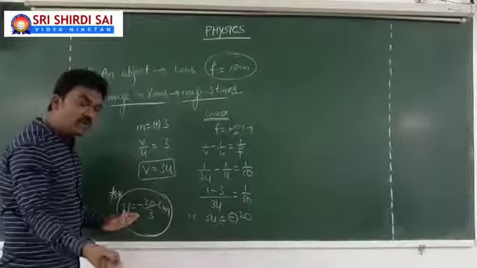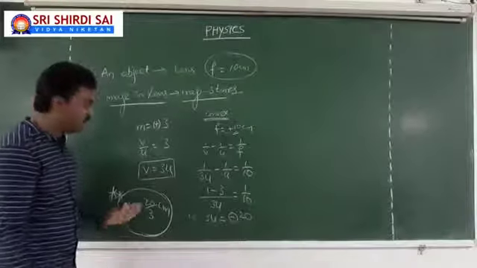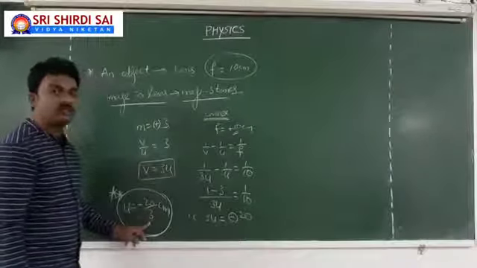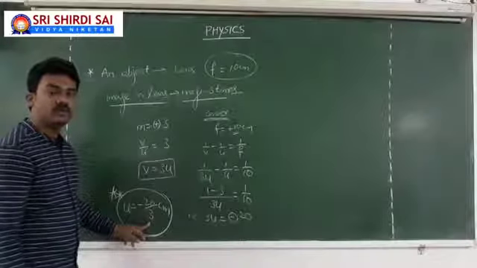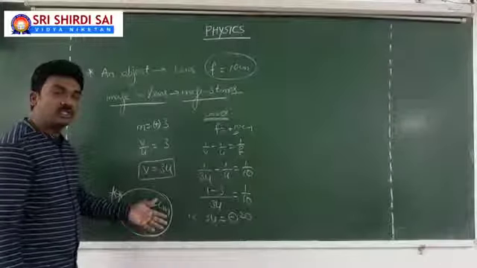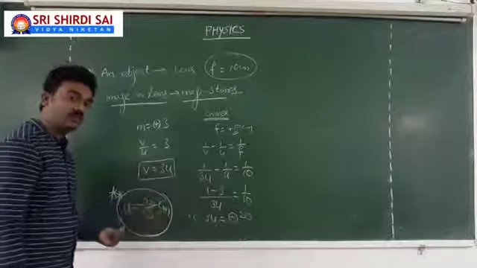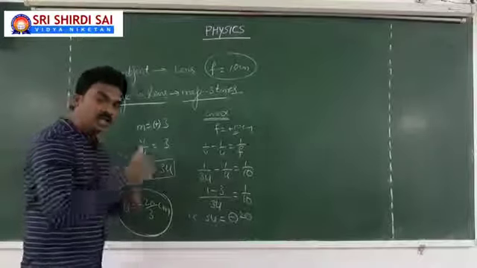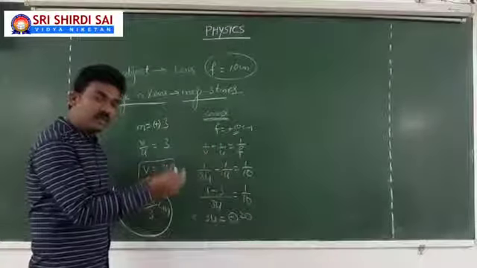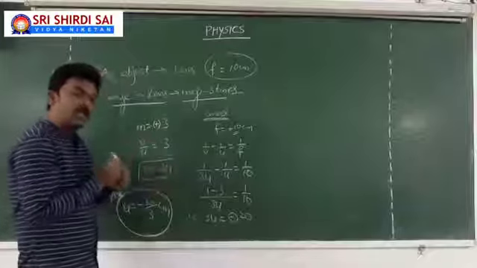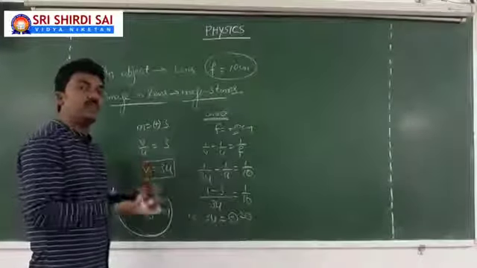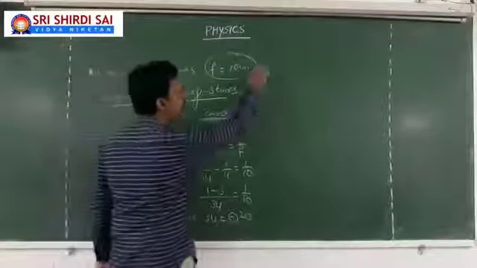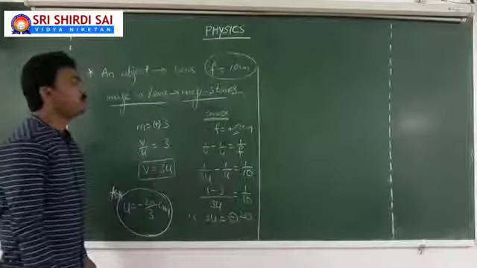So if you wish to calculate the image distance, v equal to 3u, 3 into minus 20 by 3, your answer is minus 20. v also you will get as minus, because it's a virtual image in front of the lens. In the case of lenses, a real image will be on the other side of the lens, but a virtual image will be on this side of the lens where the object is placed. On the same side you will find a virtual image in the case of lenses. So this is one example.